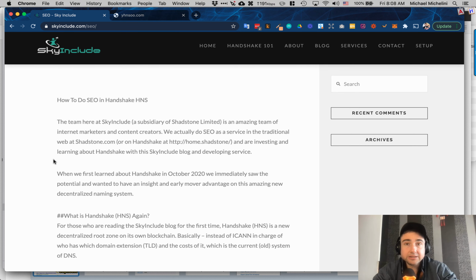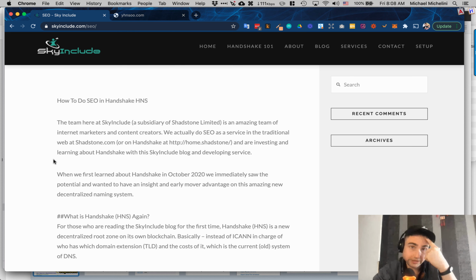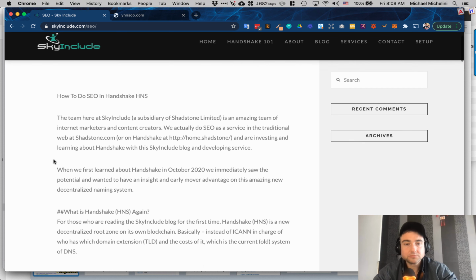We started investing in Handshake in October 2020, 6 months ago now. Wow, time flies when you're having fun. And I've always been interested in the SEO, or the optimization, or the growth. I don't like to sit on domain names in .com or in the internet, as well as Handshake, although we do have quite a few. We're trying to build on these as much as we can.